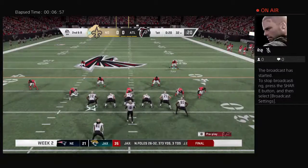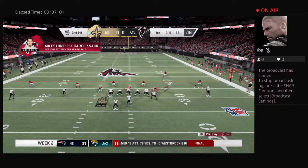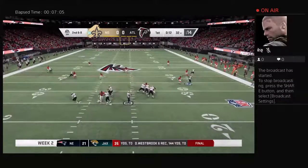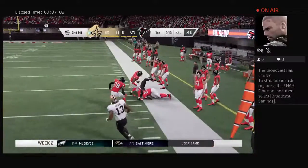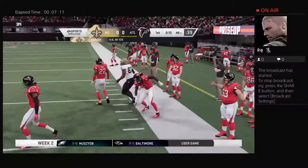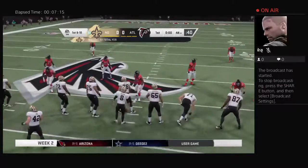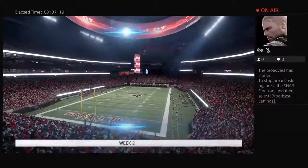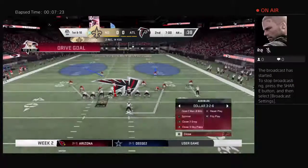The last run got a couple. Here's 2nd and 8. Now it's Keenum, and brought in by the tight end Cook. 12 yards there and a first down. Trying to get one more in here before the quarter breaks. We're scoreless after 1. The Saints with a football here to begin quarter number 2 as they've got it with